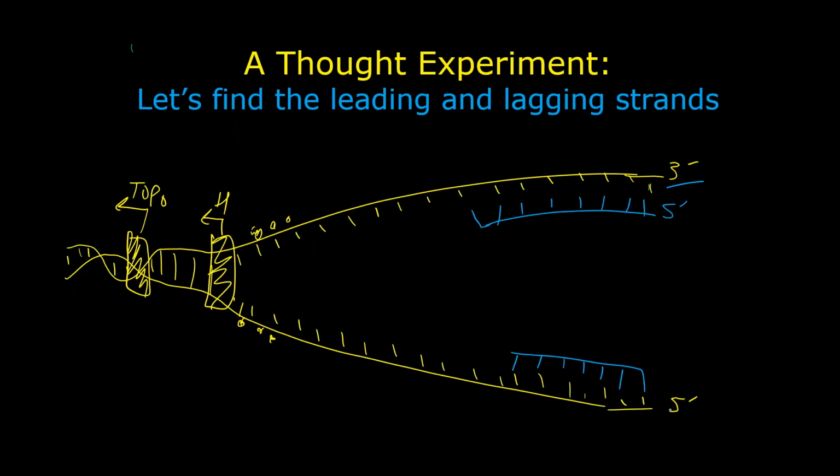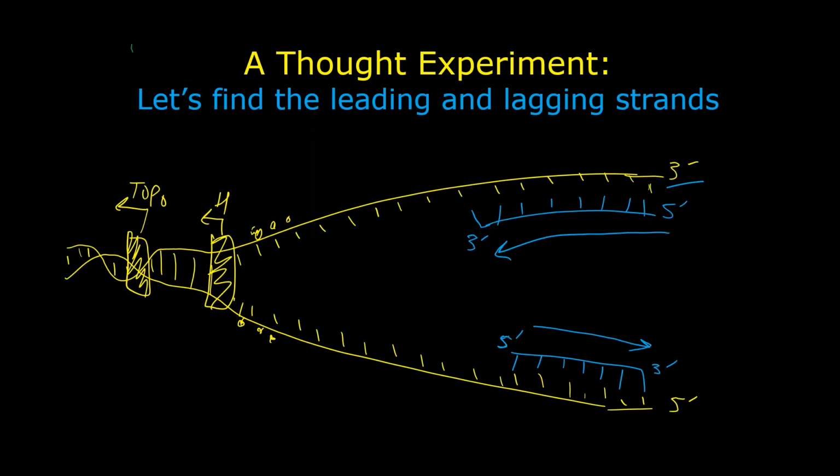And if this down here is 5', then this end is 3'. And if we go back up here to this 5', that means this is a 3' and this is a 5'. And our rule was enzyme polymerase always works 5' to 3'